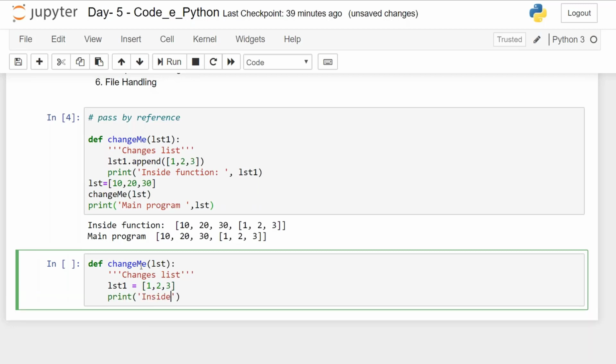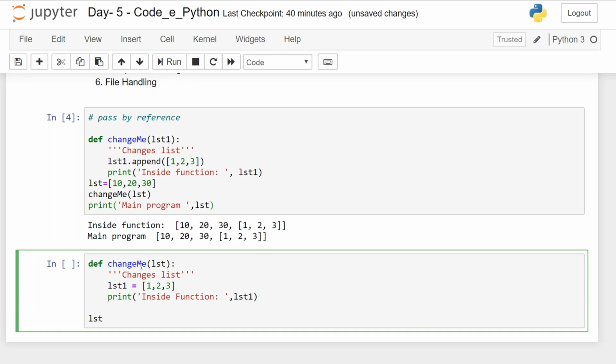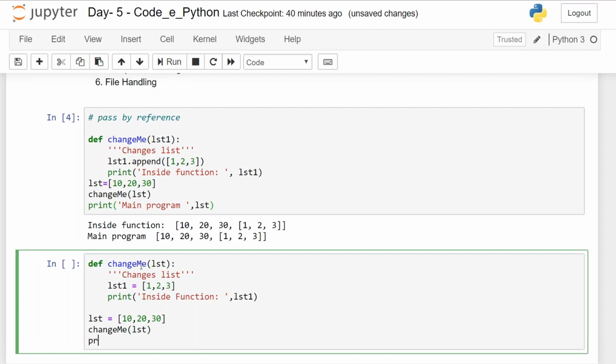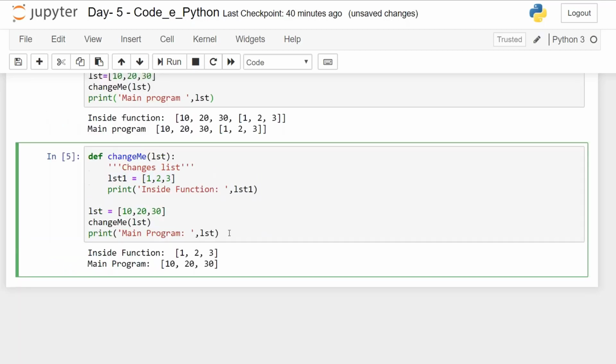Print, I'll write inside function list1, when I pass a list here, 10 20 30, change me list. I'll write a print main program list. Now you can see the inside function is printed as 1 2 3, and the final list has not been changed because we didn't make any changes in this particular list.